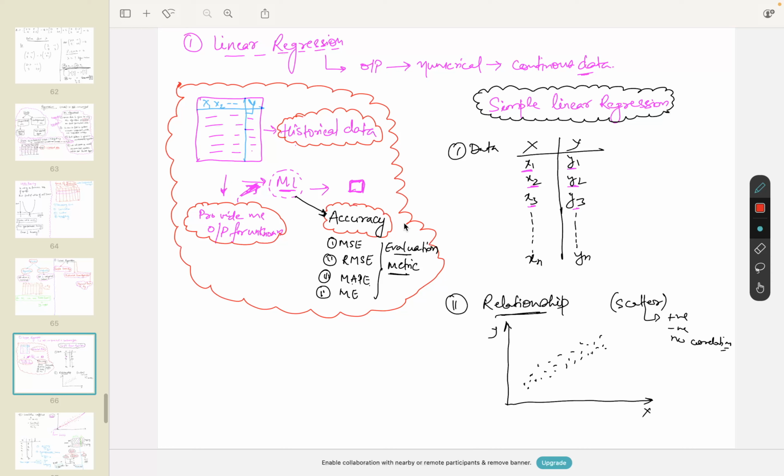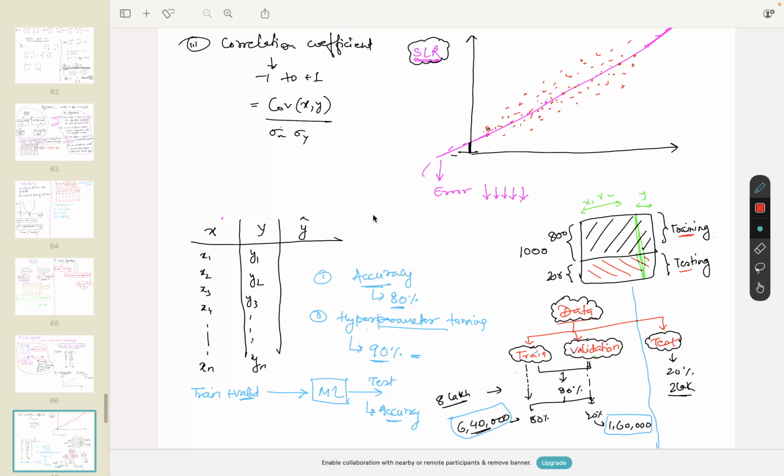Okay. For example, in simple linear regression, there will be one input variable and one output variable. First we will look at the relationship between them, how they are related, whether they are related or not. Okay, so that is the correlation factor. Then in simple linear regression or in any linear regression,